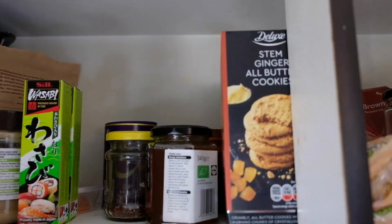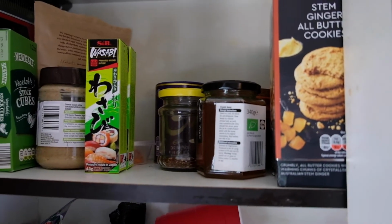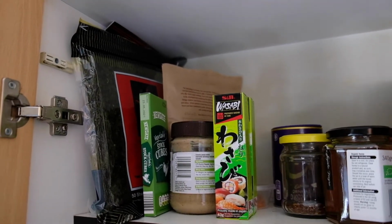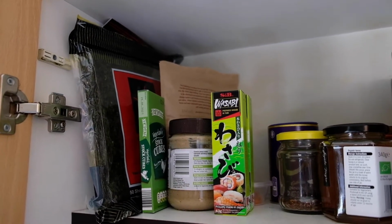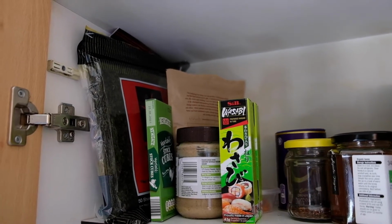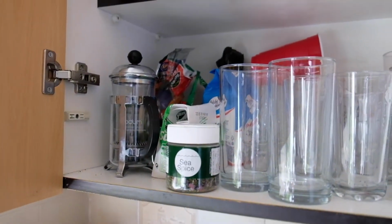This is my greatest weakness, these cookies. They're from Lidl and they're amazing. Got some Irish honey, some loose leaf tea, and then Adam's section, which is pretty much just stuff to make Japanese soups of various kinds, and peanut butter. The peanut butter is mine, and the tea is mine. So then down here we've got this